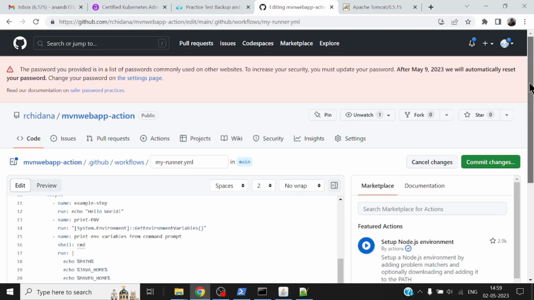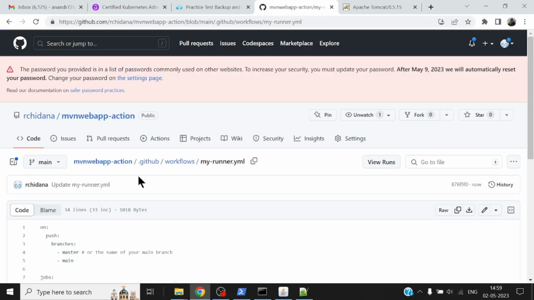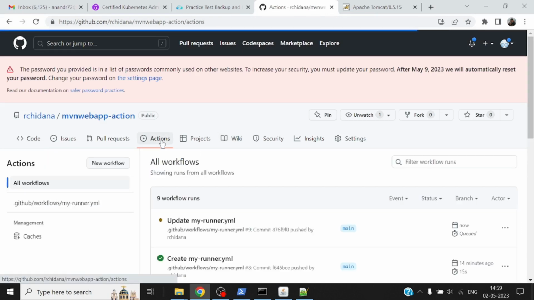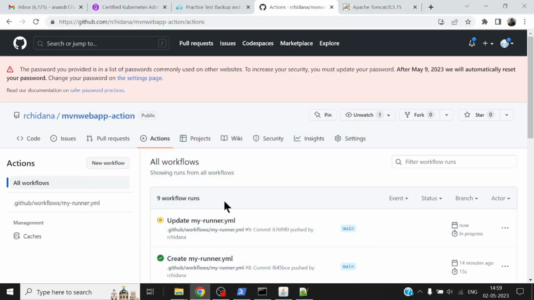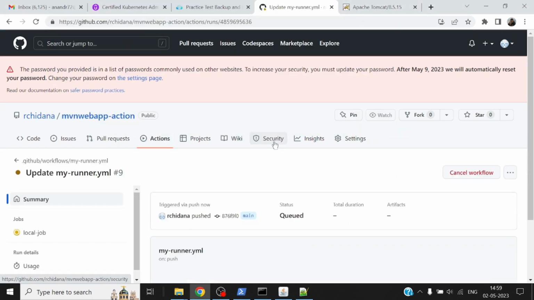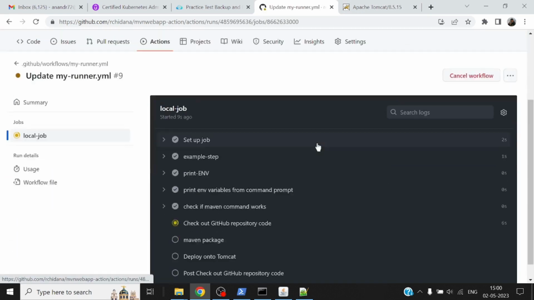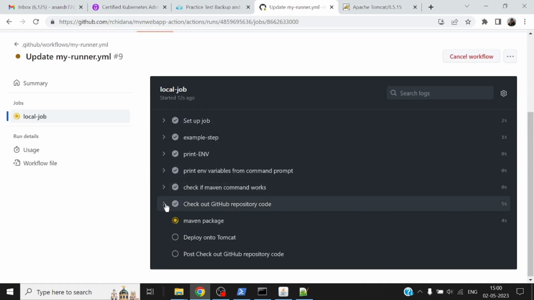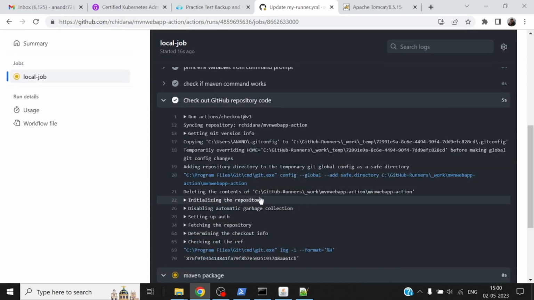So let me go ahead and run this. I hope there are no more YML errors. It's a little hard to debug these YML errors. All right. Now we have this job that started as well. All right. I checked out the GitHub repository. And if you see the path,